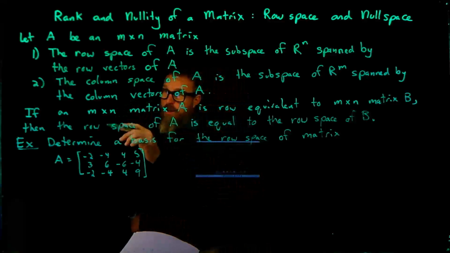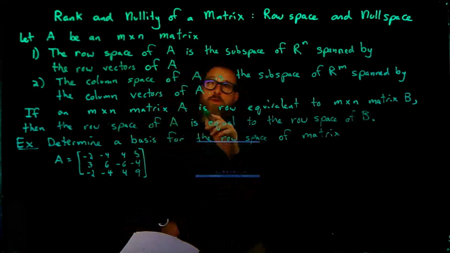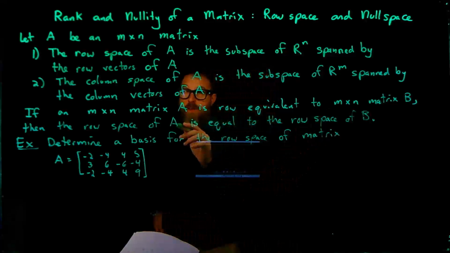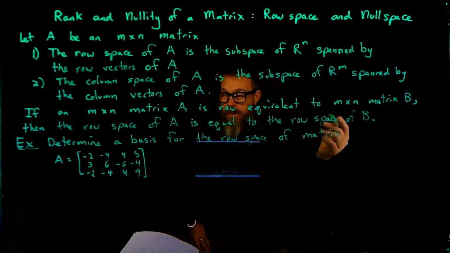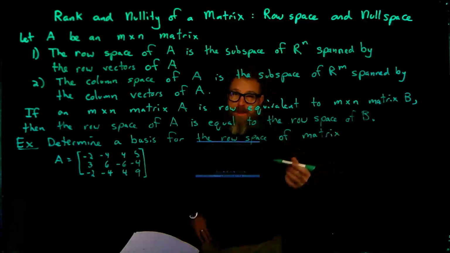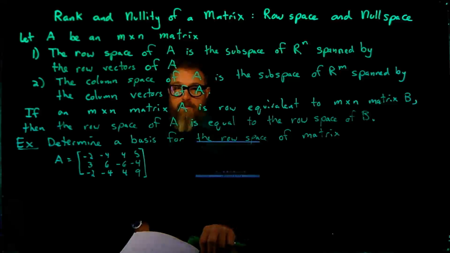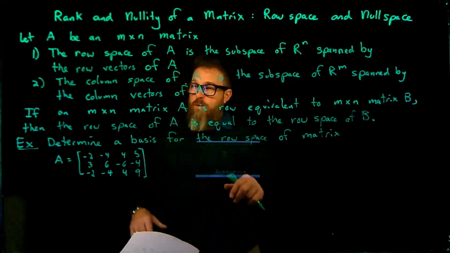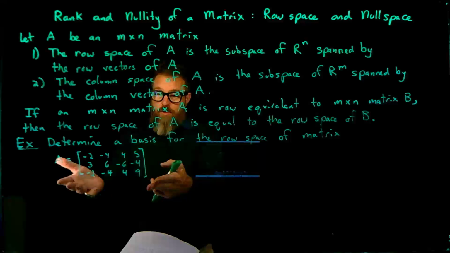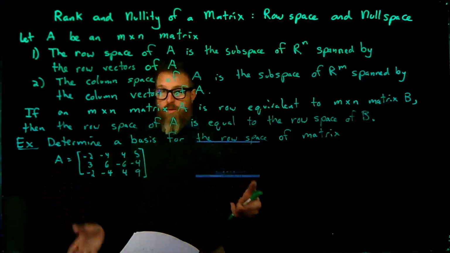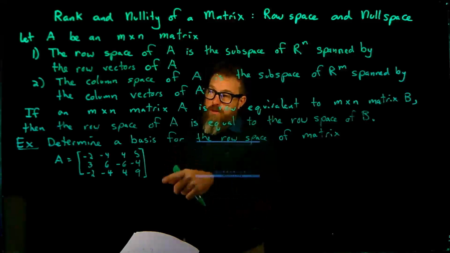And we have a theorem that says if an m by n matrix A is row equivalent to an m by n matrix B, then the row space of A is equal to the row space of B. So this is going to help us find a basis of this row space. Now, in order to find the row space of matrix A, I just need to find the row-reduced echelon form of matrix A,